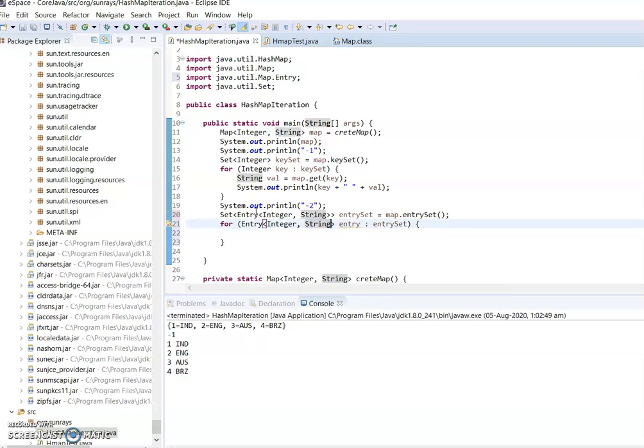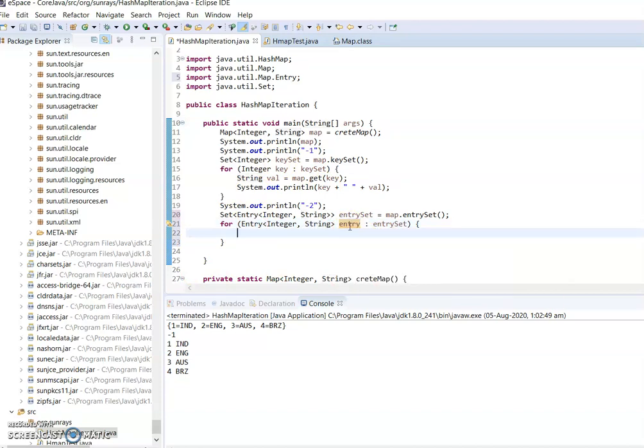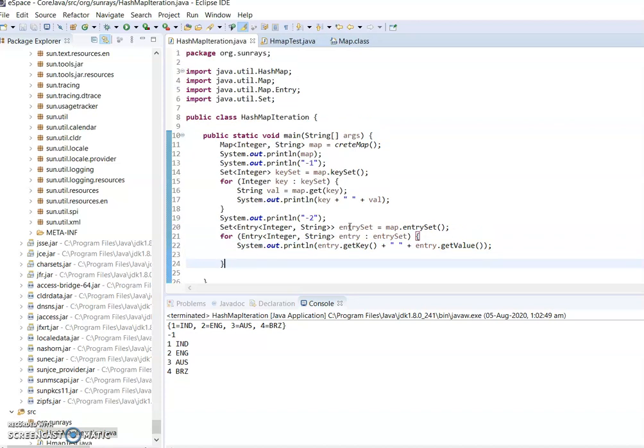In the loop I'm getting each entry, which is a key value pair. From that entry I retrieve the key and value, printing entry.getKey and entry.getValue. Here we see the output.